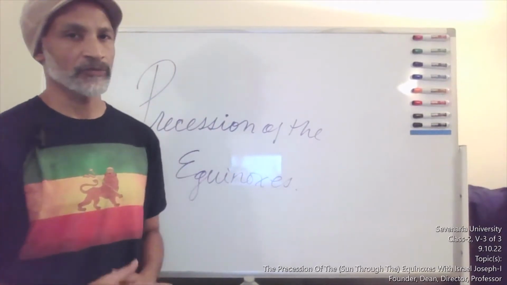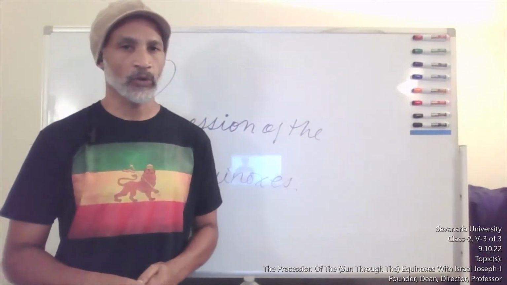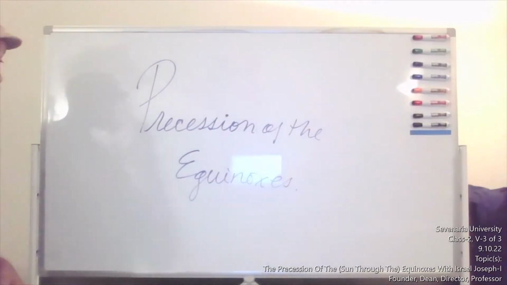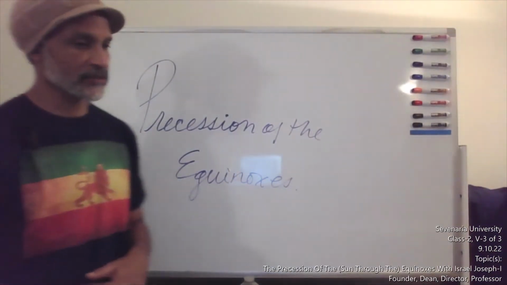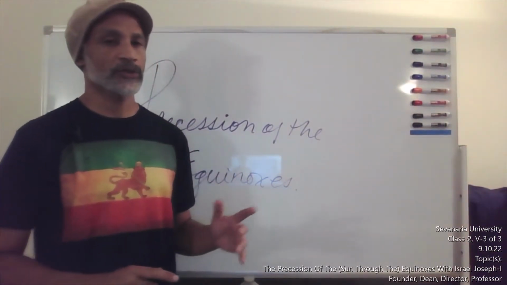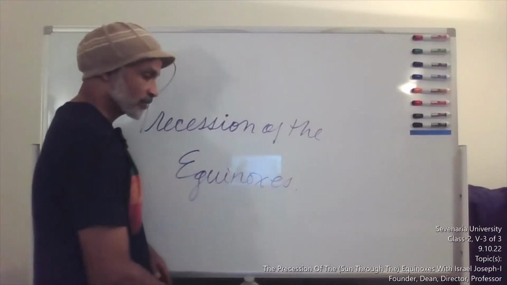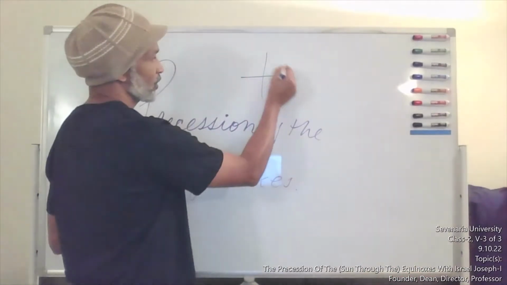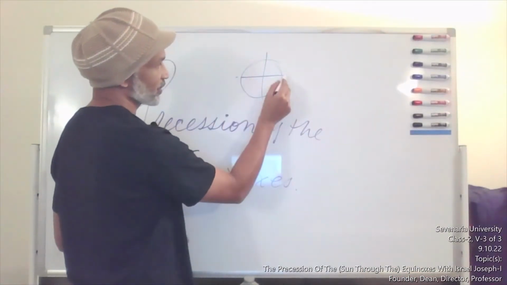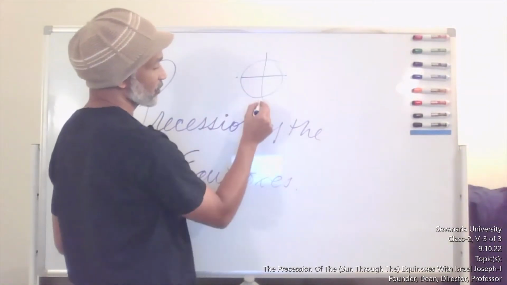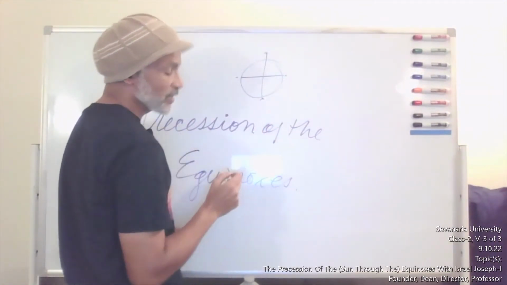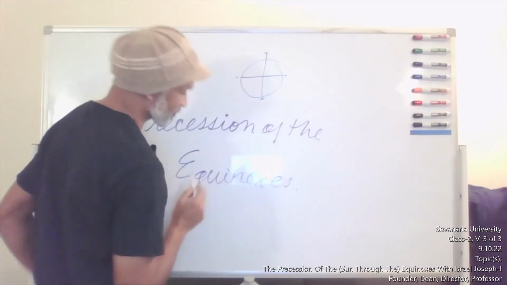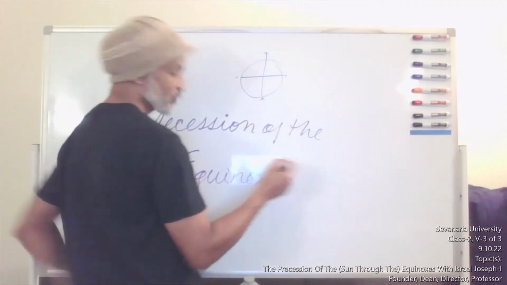Here we're going to talk about some information that's fairly important. It's known as the precession of the equinoxes. And that simply means the sun's proceeding through its calendar year. And as we discussed in the previous videos, there are equinoxes equalizing, and this is the solstice, but for this purpose, we can call this an equal spot too. It's equal. And so the precession of the equinoxes should really be read